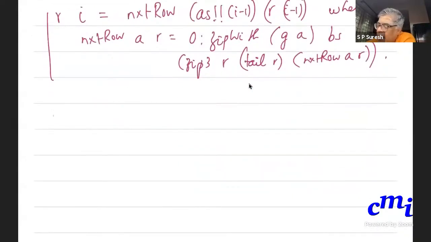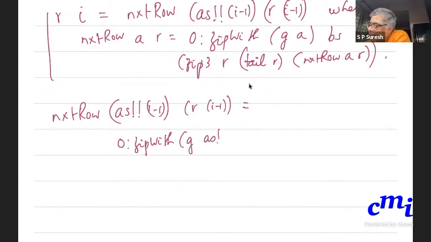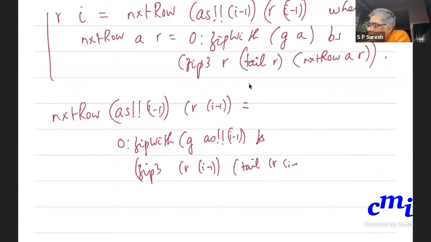Next row of that is nothing but 0 followed by zip width of, and here you have next row of As at i minus 1, Ri minus 1, but that is nothing but Ri by definition.